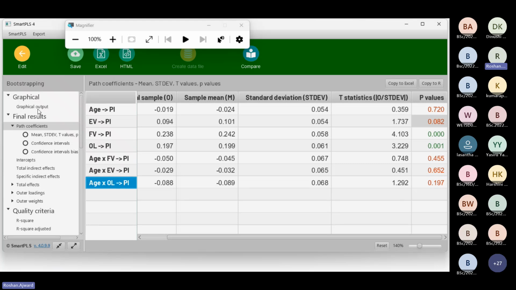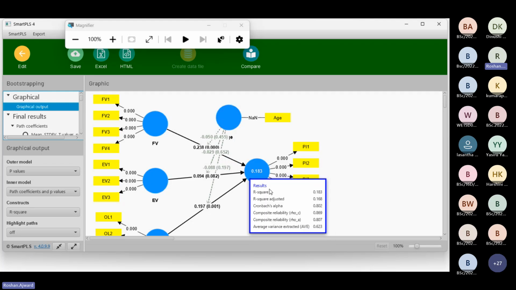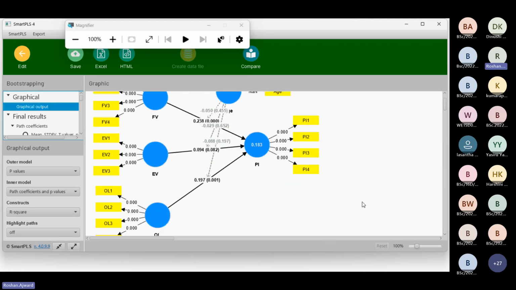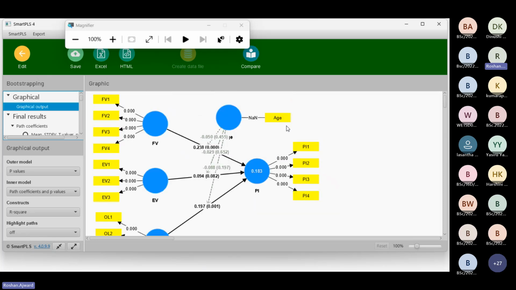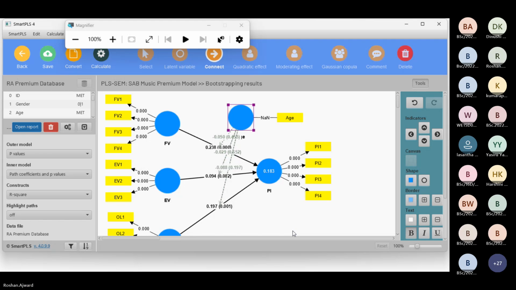If you look at the graphical analysis, these are the moderators. So functional value on PI, then how age impacts it. So that's it. Okay, that's how we would check the moderation impact. Now I can make this even more complex. I can take gender as a moderator, where age is also there, gender is also there. Shall we look at whether gender is moderating these relationships? Right. So while age is there, I can take gender